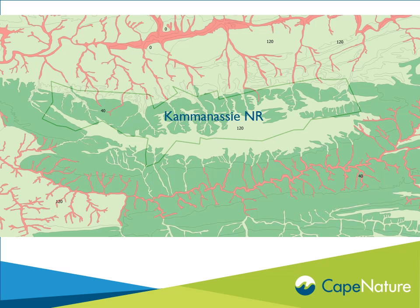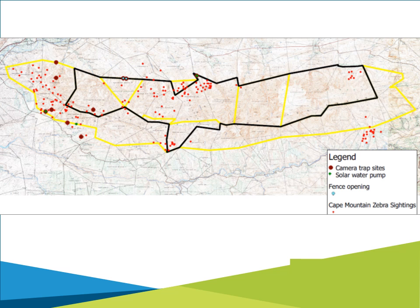And not surprisingly, the Kamanassi zebra know this. On this map, Cape Mountain zebra records are in red, and it's clear that they use the private land outside the reserve quite extensively. Historically, they would have undertaken seasonal movements between the mountains and the nearby lowlands, and they